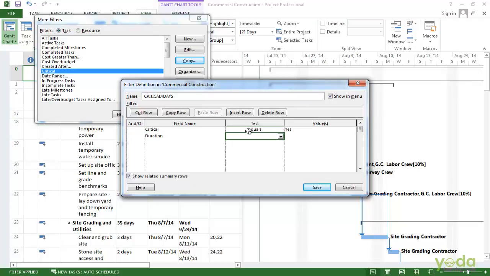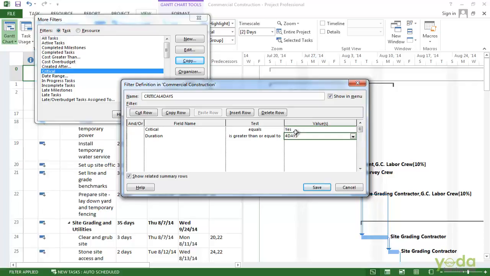In the test cell, we want that to be is greater than or equal to, and the values cell we want to be 4 days. So we put 4 days.